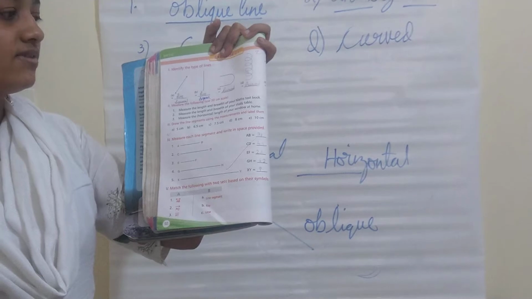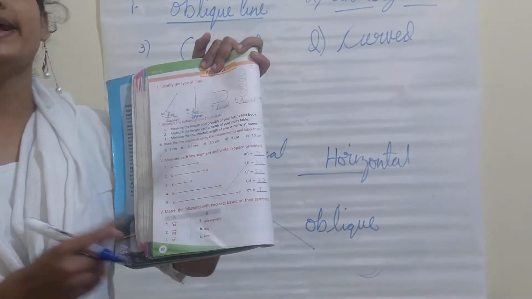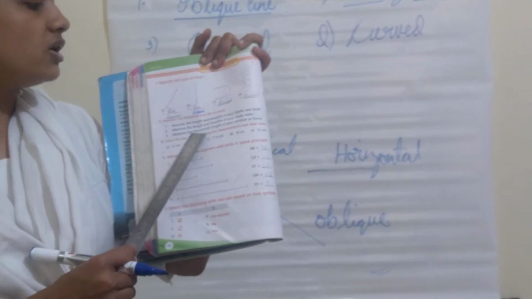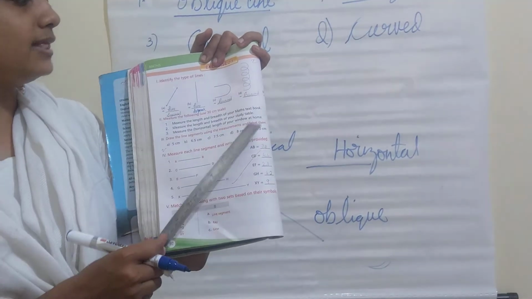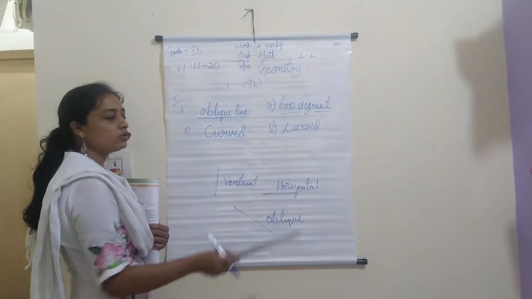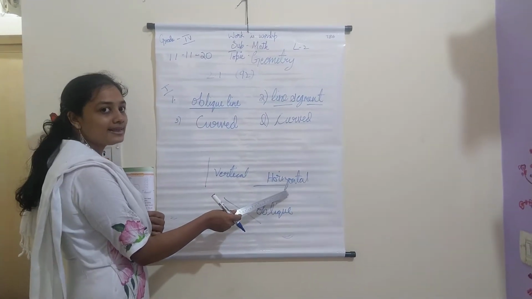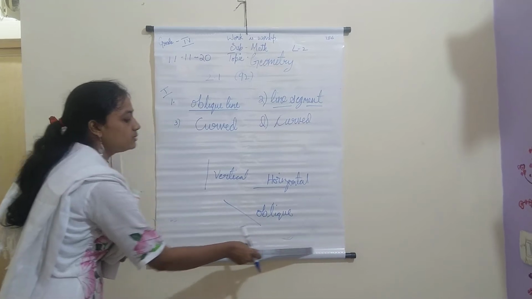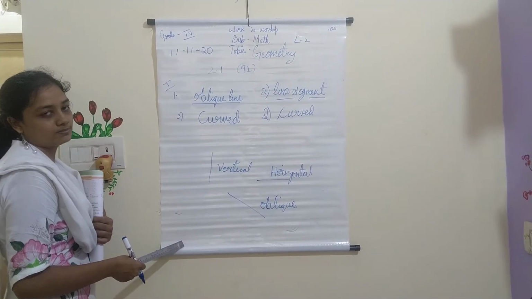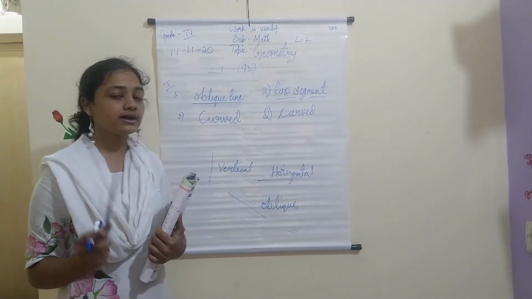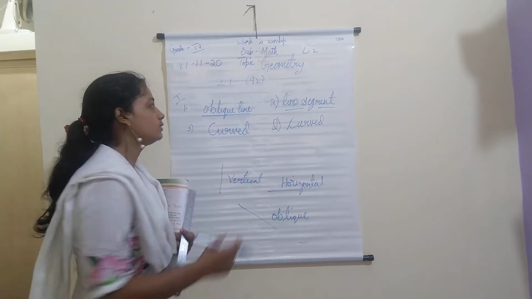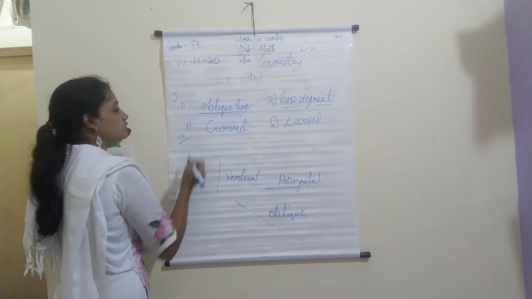In the same way, you have to measure your study table for the second one. And measure the horizontal length of the window. So in your home, you have a window. And what do you mean by horizontal? Sleeping line. So you have to measure this length of the window. Okay children, I want you to write the answer and show me in the interactive session. So the second main, I leave it to you.